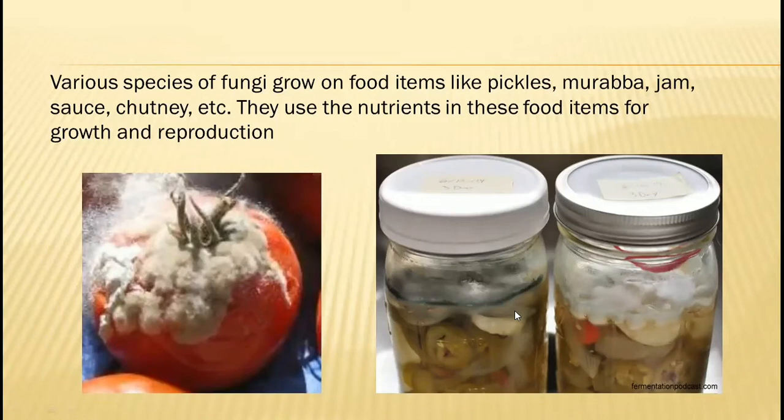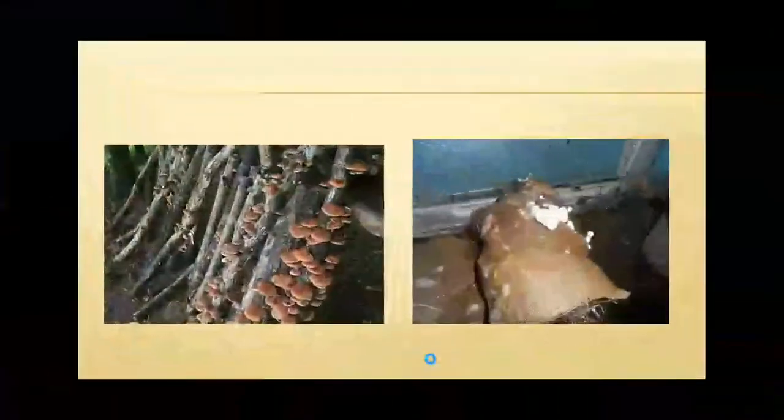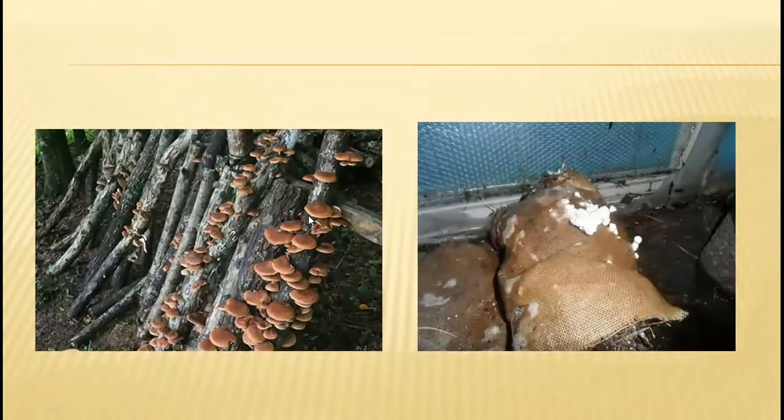They use the nutrients in the food for their growth and reproduction. During this activity, the fungi release mycotoxins, poisonous chemicals, into the food, and thus you cannot use this food for eating. These grow on some food parts and look like fungi. This is your jute bag, where you can see different types of fungi.